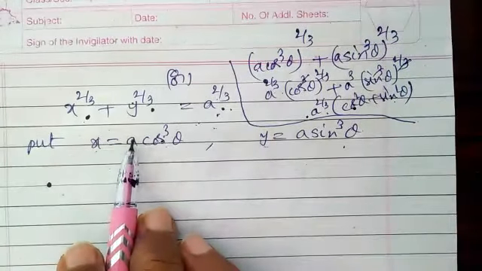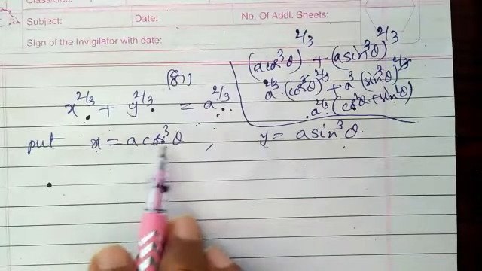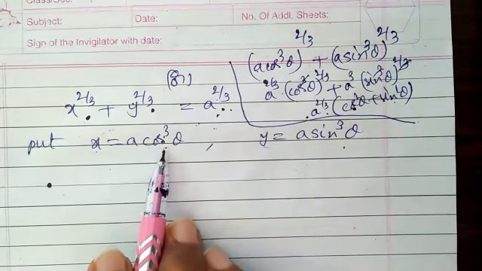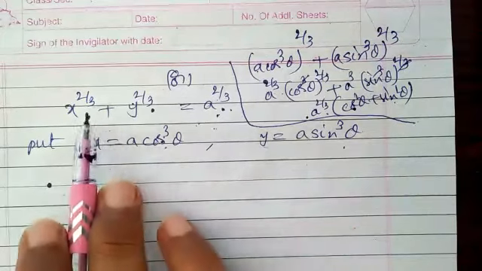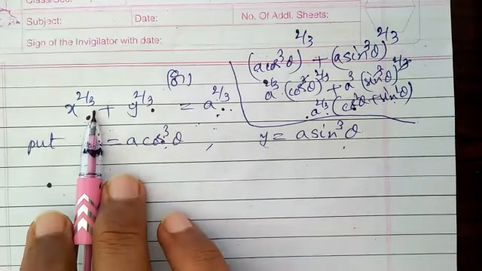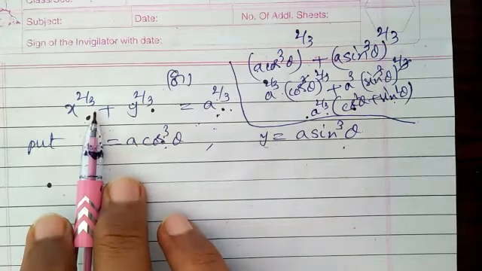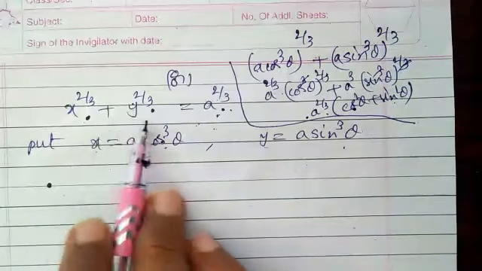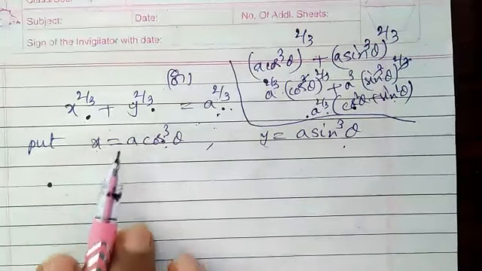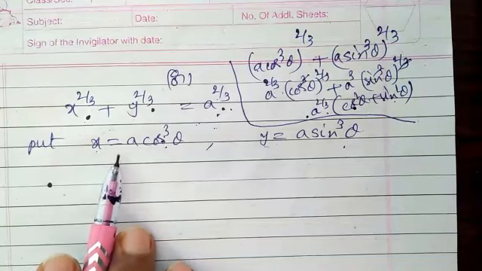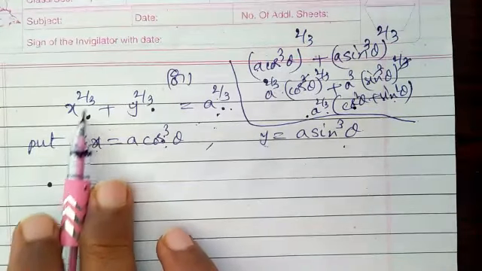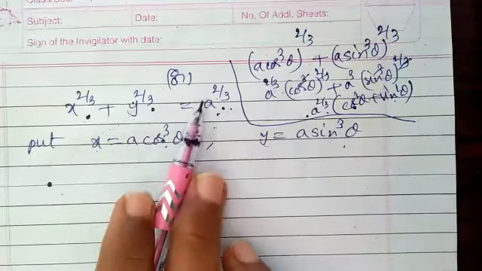And how do you remember? Sir, sometimes we take x equal to a cos theta, sometimes we take a cos to the power of 4 theta. It depends on the rational index. If it is the 4th root, we should take 1 by 4, like that. That depends on the curve guys. Okay, now in this problem, consider it. But in examination, he will give only this one: x power 2 by 3 plus y power 2 by 3 equal to a power 2 by 3.